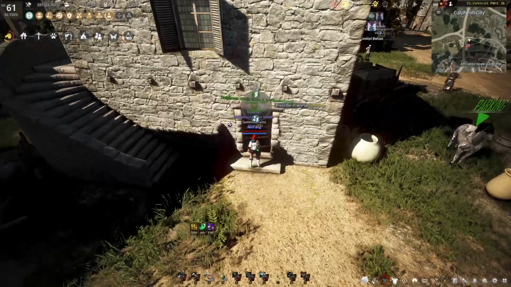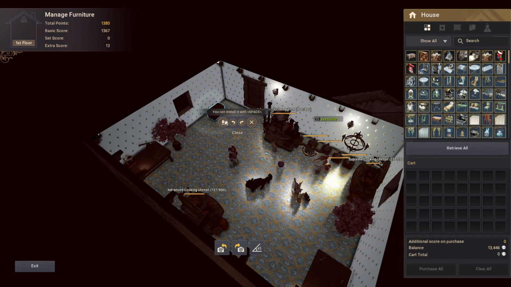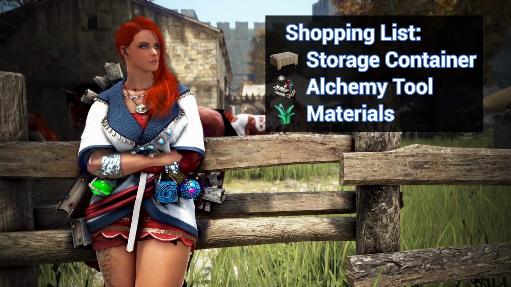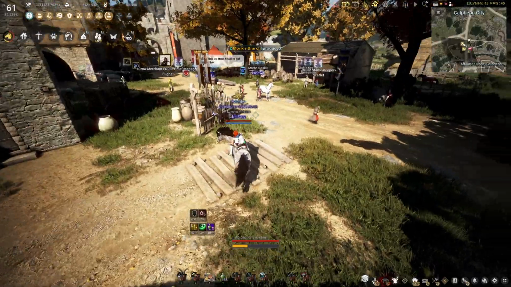So what you wanna do is enter the residence, then here you can enter place mode, select the container and place it down inside your residence. Alright, so that's the first item we can tick off of our shopping list. 2 more to go. The next one is gonna be the tool, and for that we're gonna be heading to